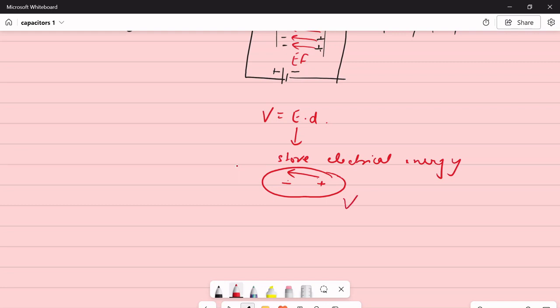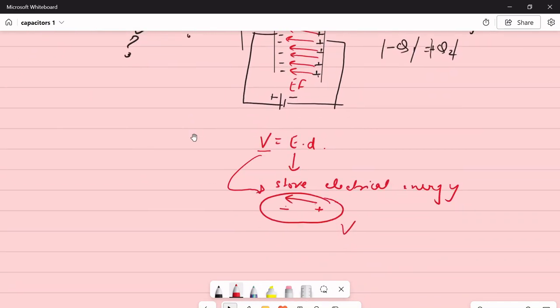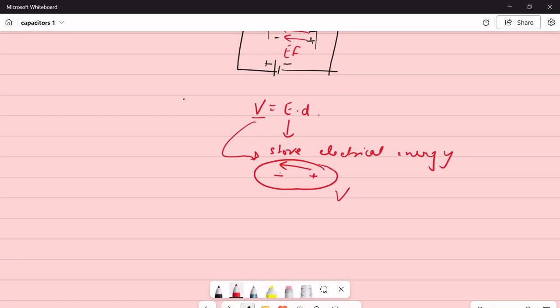So there is V. So the electric field is a small component of the entire voltage, or the potential difference. Now, do you know why we call this the potential difference? Just look at this structure here, or maybe just look at the above structure. There is a potential difference between the two. There are all positive charges and all negative charges. So this is creating a potential difference between the charges. Okay, so this is a small component of this voltage.